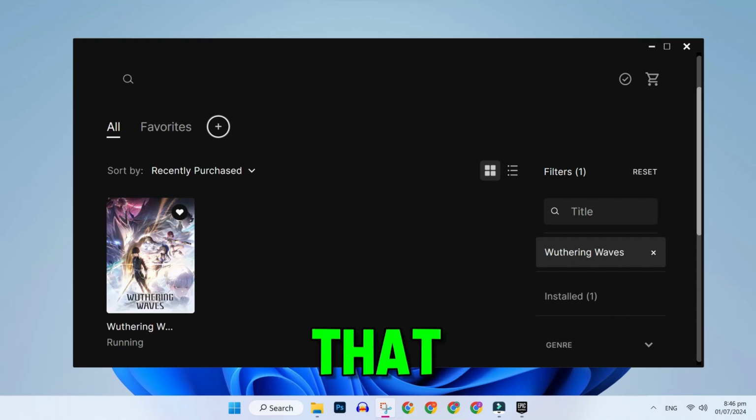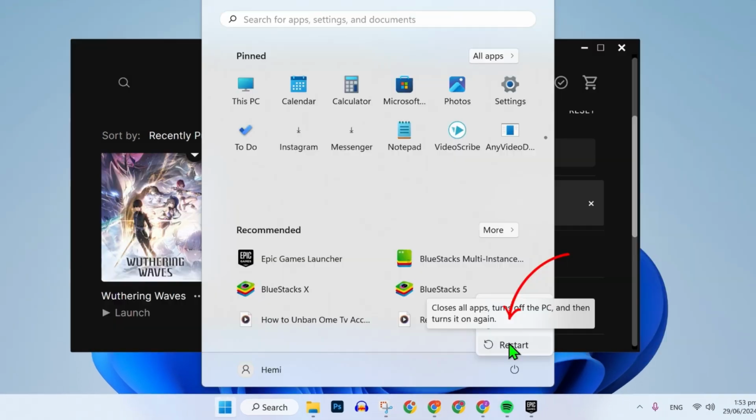In this tutorial, we will see how you can fix Wuthering Waves running but not opening on Epic Games, so let's fix it. So, if it's showing here running, what you can do is, first of all, restart your